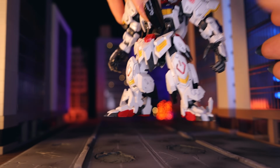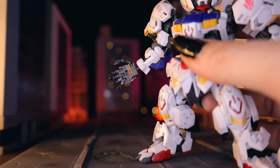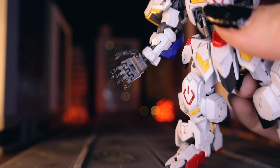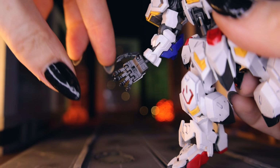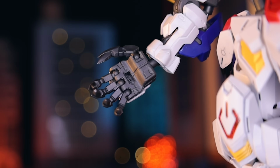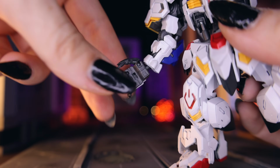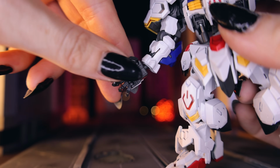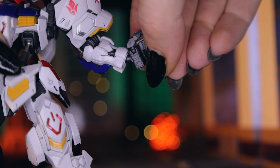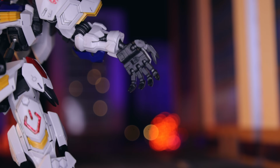So first up, when it does come to the, well, I guess the aspects that are on the mobile suit itself, first off, we've got the hands. There are no other included hands in here besides the ones that we're seeing right here. These are almost like the old school 2.0 hands, but we do have these 3 fingers attached together like so that move like that. It looks like you can actually nip them apart if you wanted to. An index finger that can move just like so, and a thumb that can move like that there. On top of that, we do have a little bit of an extra bit of movement inside of the wrist, which allows the hand to pivot just like so,